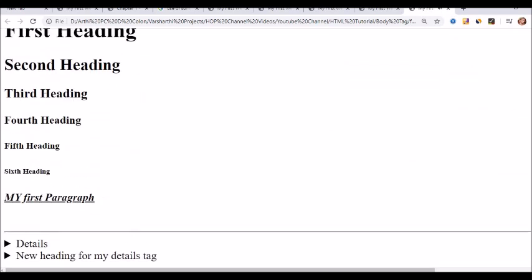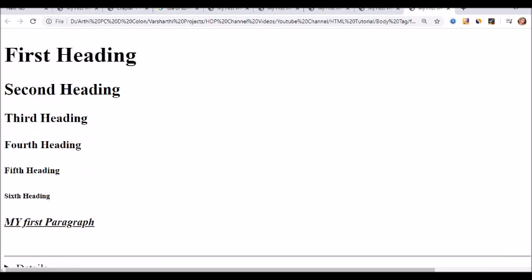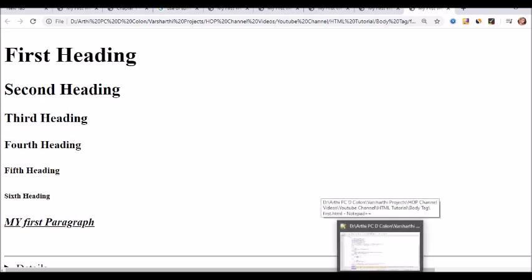So now we have just listed out some of the elements that we can use inside a body tag. One tag that we have missed is the anchor tag, which is the tag used to provide linkable text. In the first session I told you that HTML is hypertext markup language.